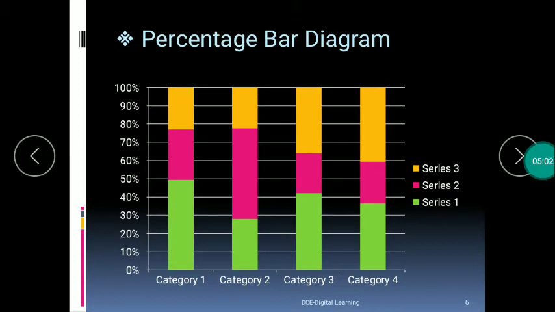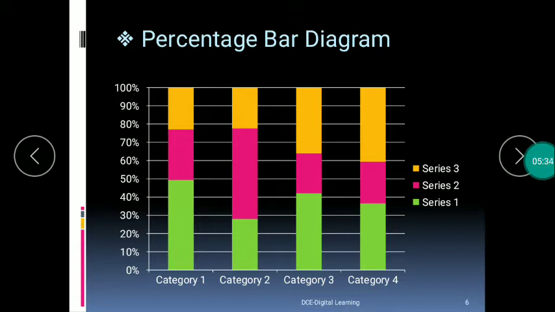Now let's move towards the second type of diagram, that is percentage bar diagram. As the name itself says, this diagram is used when comparison is done on a relative basis, that is when the relative significance of various components of whole is to be highlighted to show related changes in the data, then these types of diagrams are used. The various components parts are expressed as percentage of the total.